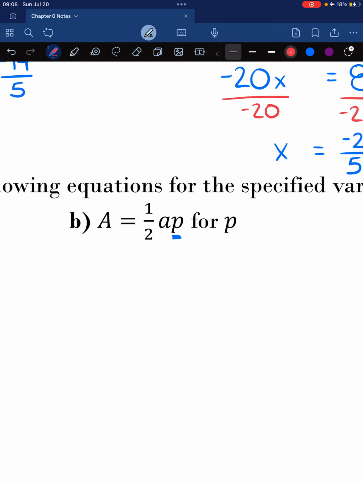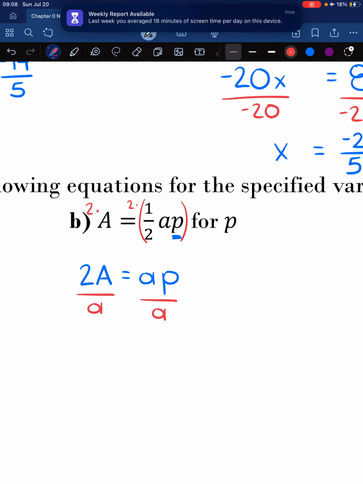So if I just multiply both sides of the equation by 2, so multiply this side by 2, multiply this whole side by 2, that's going to get rid of that fraction for me. I end up with 2a equals ap, and now I can work on getting that p all by itself. Divide by a,